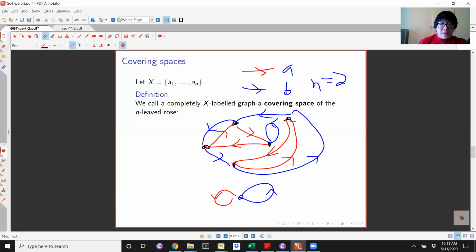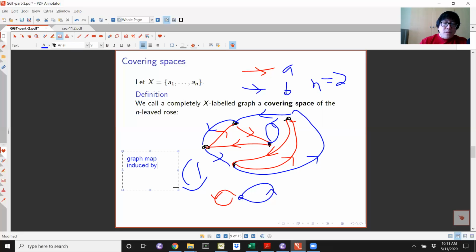This is kind of a strange looking covering space. The reason it's called a covering space is that there's an induced map over here, a graph map induced by colors and arrows. I hope you can see what it is. All the vertices go to